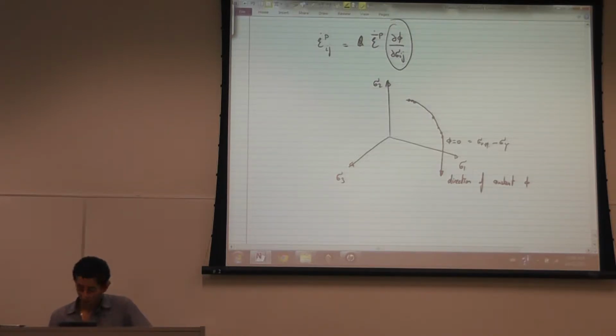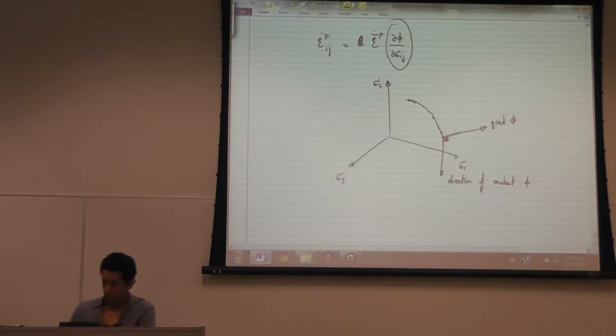And if you remember the gradient of a field, if phi is a field, the gradient of phi is perpendicular to the direction of the constant phi. If you don't remember this,